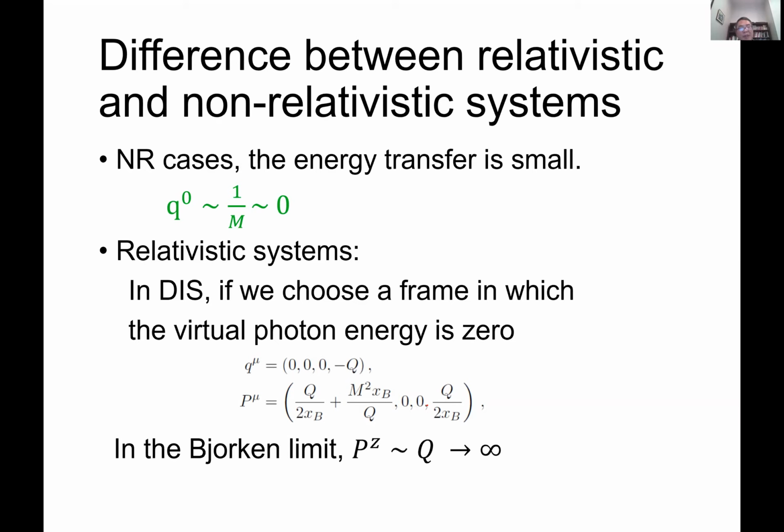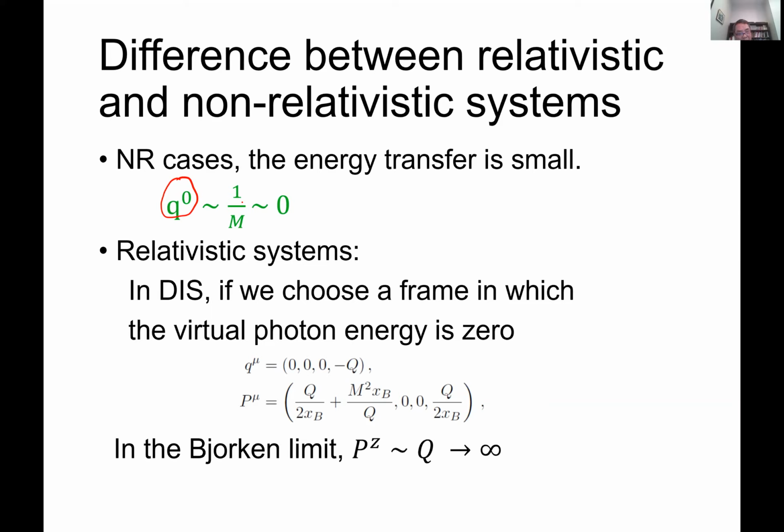In condensed matter systems, in those knockout reaction processes, the energy transfer is usually very small because the energy transfer is related to 1 over the mass of the particle. In the limit of mass going to very heavy, the energy transfer goes to 0. So basically in non-relativistic many-body systems, it's the three-momentum transfer